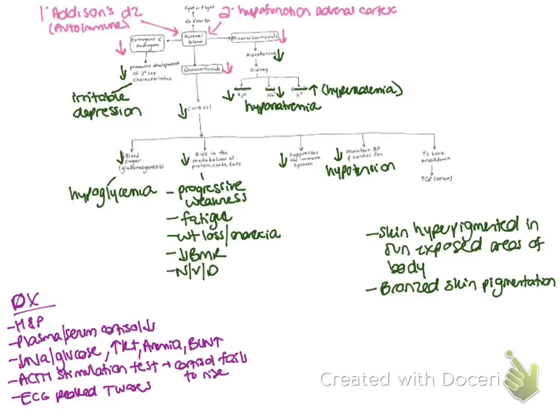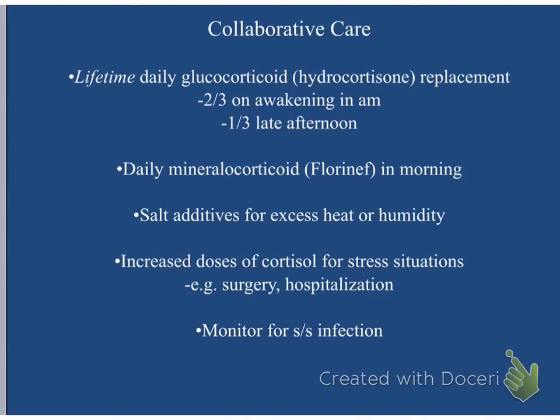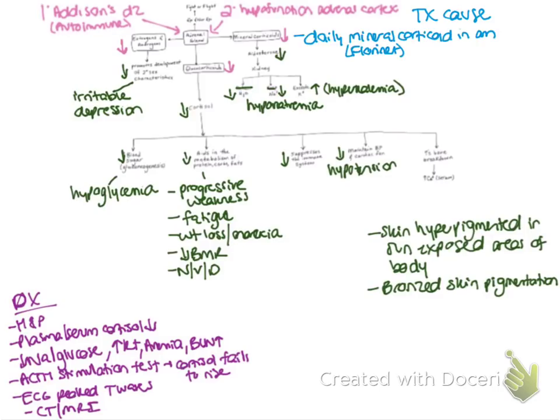We're going to see peaked T waves on the EKG, secondary to the hyperkalemia. We might get a CT or MRI to see if there are any tumors. And treatment is going to be focused on treating the cause, obviously. So if we know what's causing the autoimmune problem, but again, if the adrenal cortex, the adrenal gland, is destroyed, we